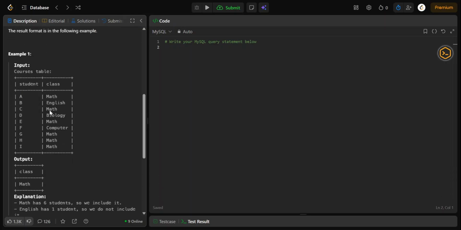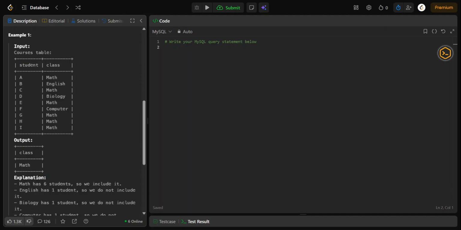What does it mean? For example, this is the data we have in this question: students A B C D E F G H I, and the classes are math, English, math, biology, math, computer, math. So first let's group students by class.